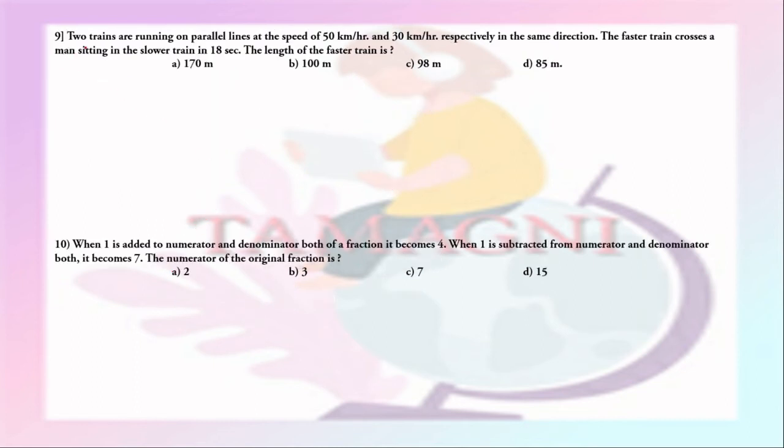Question number 9. Two trains are running on parallel lines at the speed of 50 km per hour and 30 km per hour respectively in the same direction. The faster train crosses a man sitting in the slower train in 18 seconds. The length of the faster train is. Since the two trains are moving in the same direction, the relative speed will be 50 minus 30